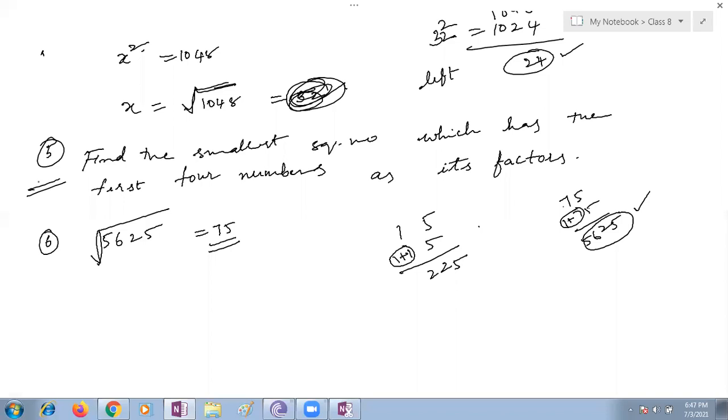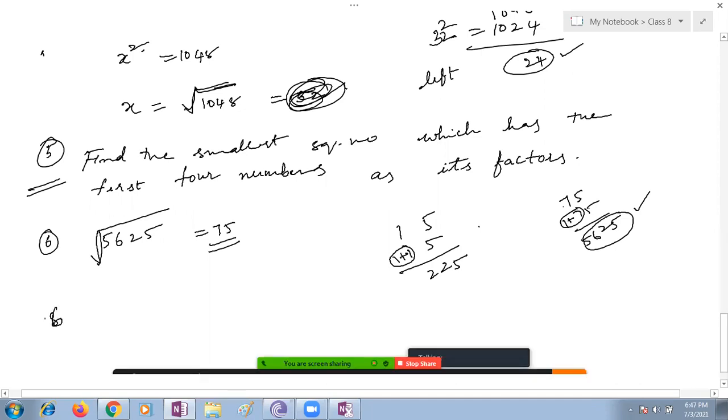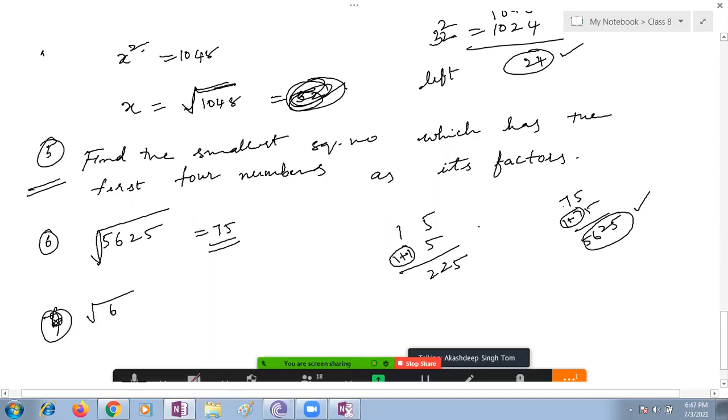Next, a cinema hall has seats. Ma'am? You want to go for movies, right, children? A cinema hall has 676 seats in all. The seats are arranged equally along the rows and columns. How many rows? By seeing it you can answer. 676. Square root of 676. Ma'am, 26. There are 26 rows and 26 columns.